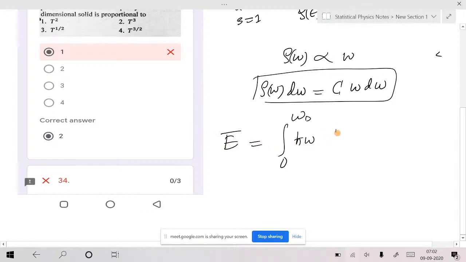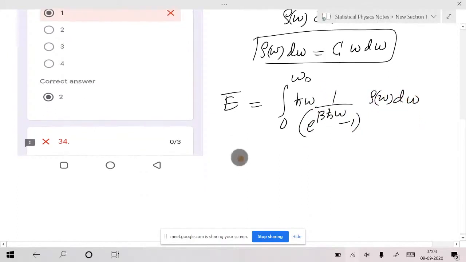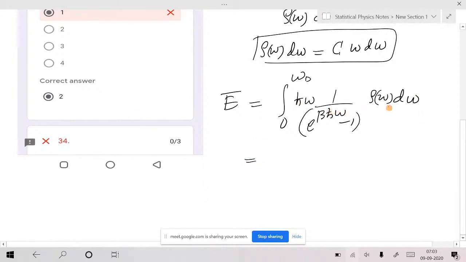H bar omega, again it was photon statistics, e power beta h bar omega minus 1, and rho of omega d omega, isn't it? So the rest of the whole thing is substitution. Am I right? Again, energy f of E into density of state. This is the average energy. What I can write is again some constant